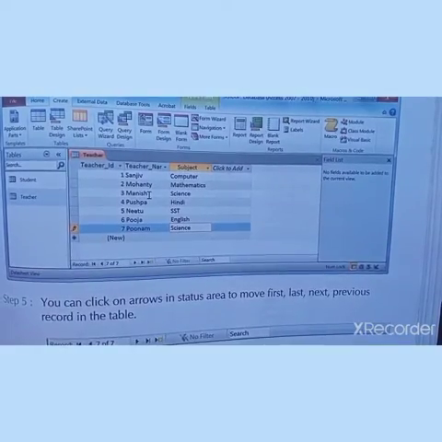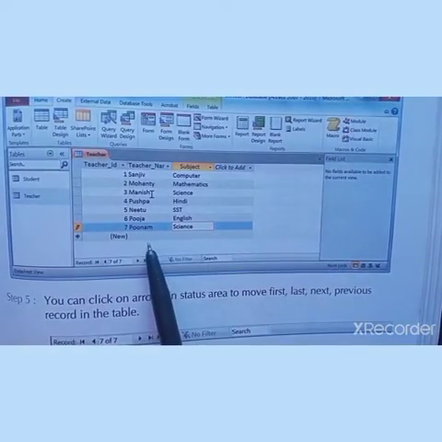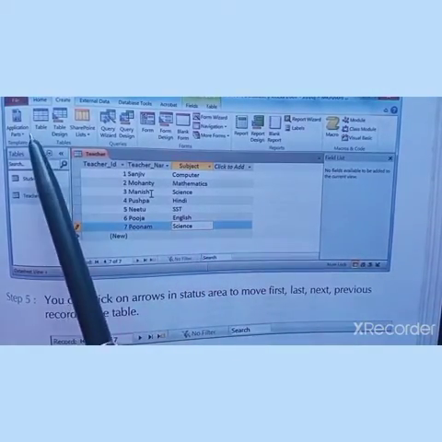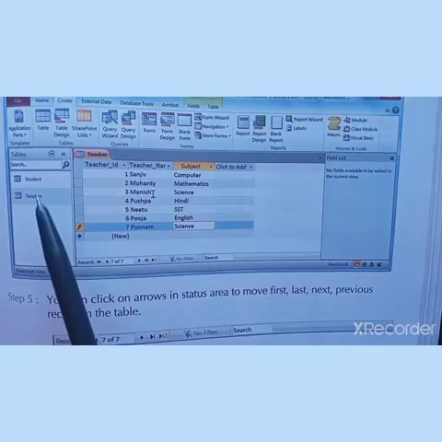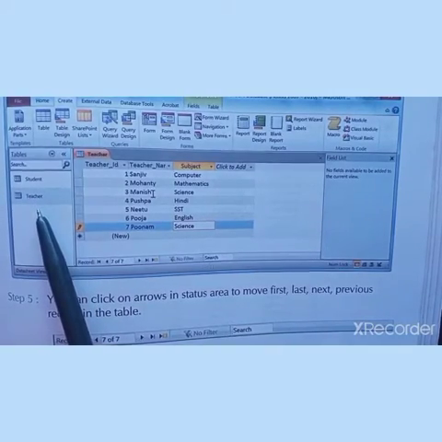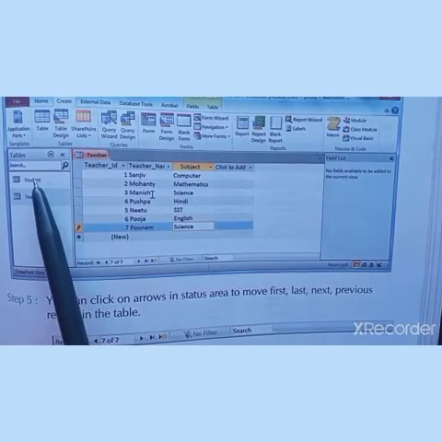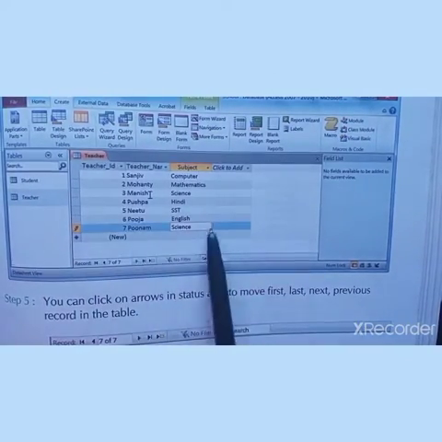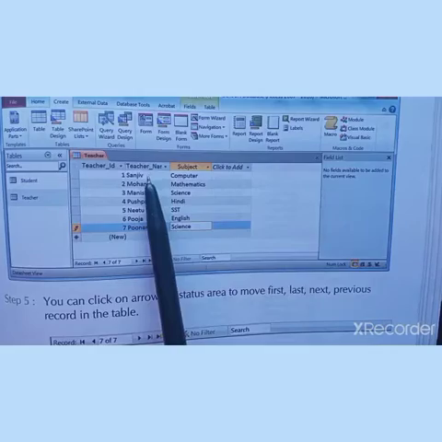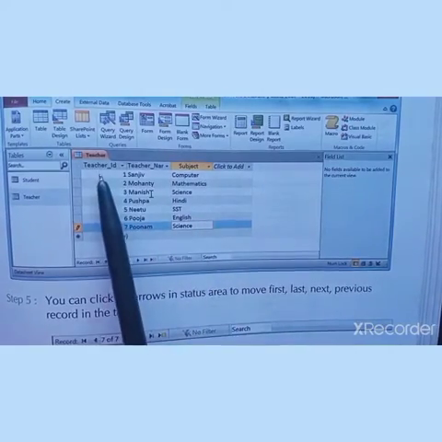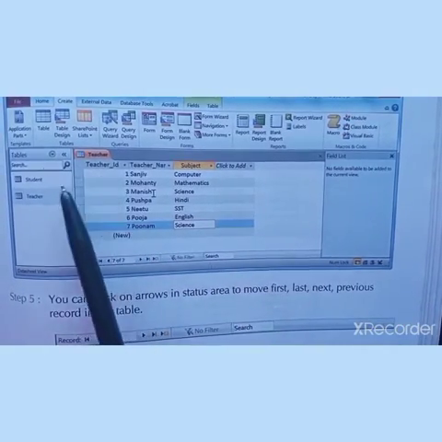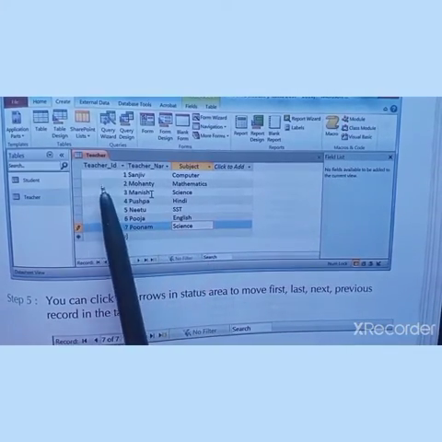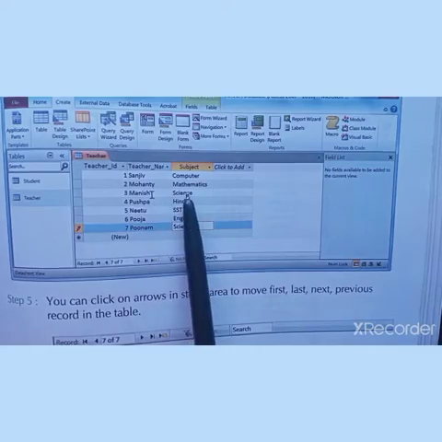It looks somewhat like this. This is our table that we have opened in the datasheet view. This is the datasheet view. The left side panel will show you the names of the tables that are there. So whichever table you want to open, you click on that, and on the right panel you will be able to see that. When you have to move from one field to another, here we can see we have teacher ID as a field. Then we have the teacher name as a field, subject as a field. You will click on the tab key to move in between the table.